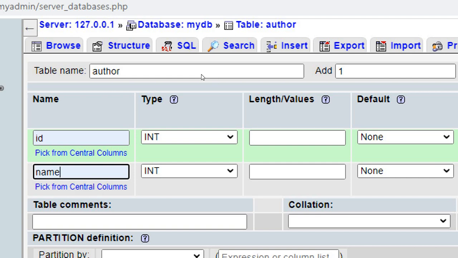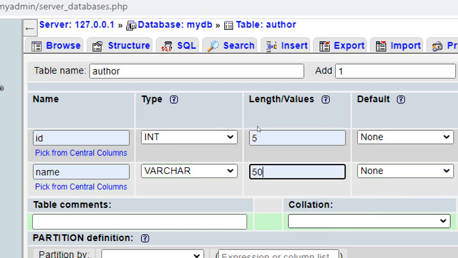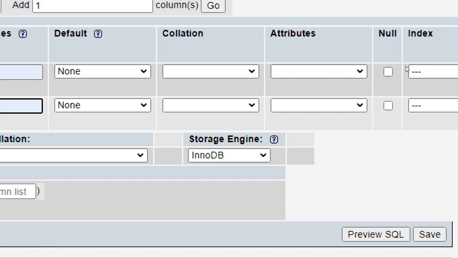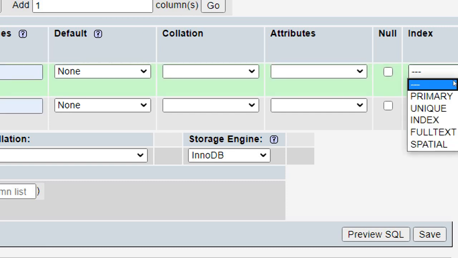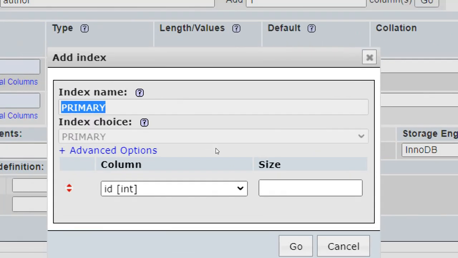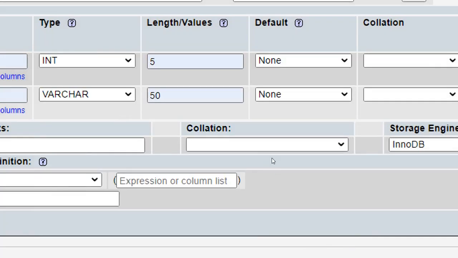The data type of ID is integer, so I don't change it, and the second data type is varchar with length 15. After that, under index, the ID must have a primary key, so you need to create an index of primary key and just click on go.